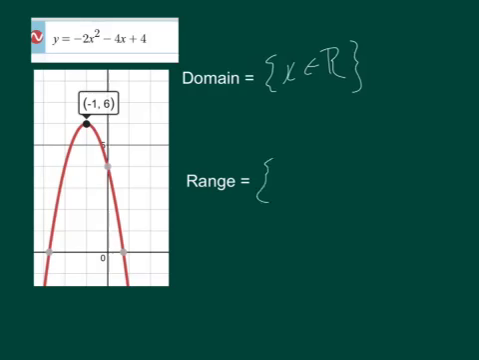Since our range has a maximum here of 6, then when we go to record the range, it is going to be y such that y is less than or equal to 6